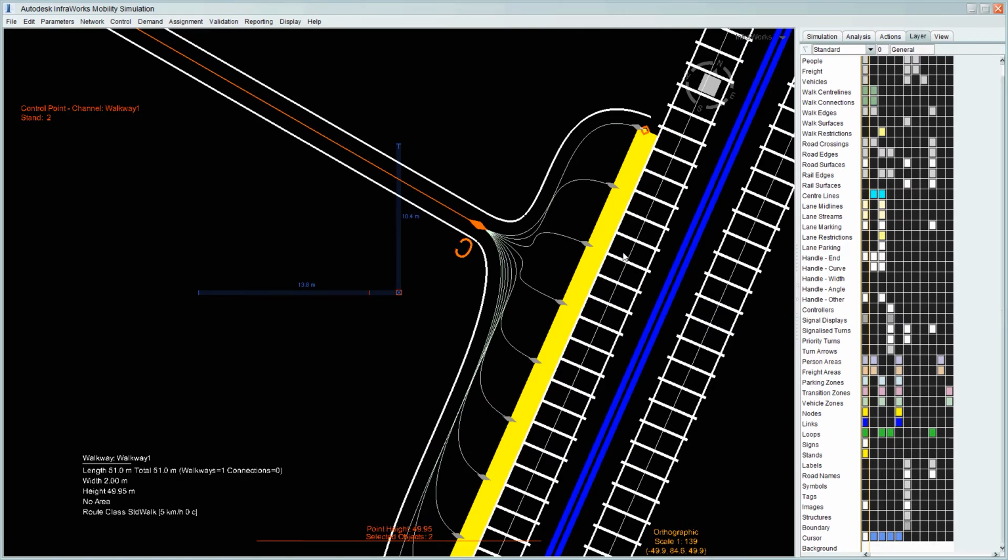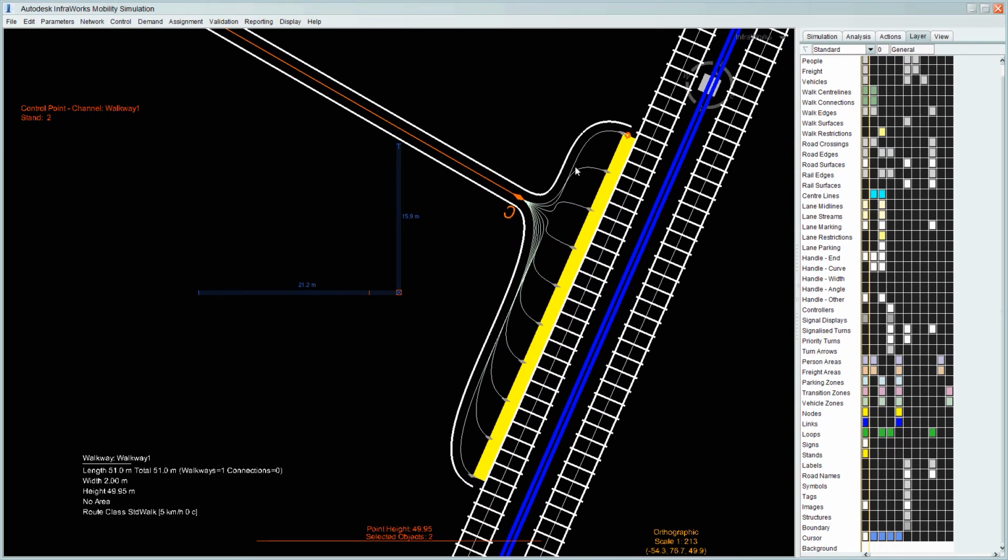So we'll hit that, and there it is. You can see that it's connected it to the stand, but it's also created these additional streams that people are going to be walking down to these 10 doors that we specified on the stand itself.